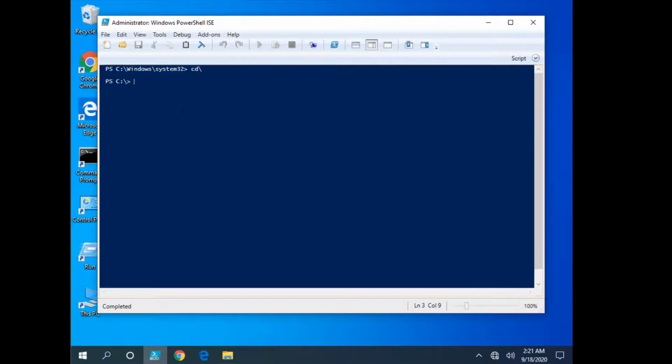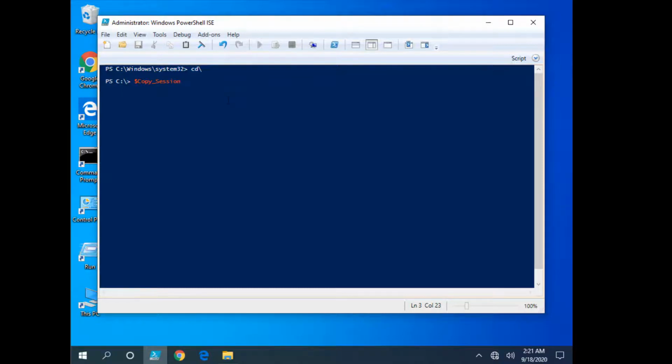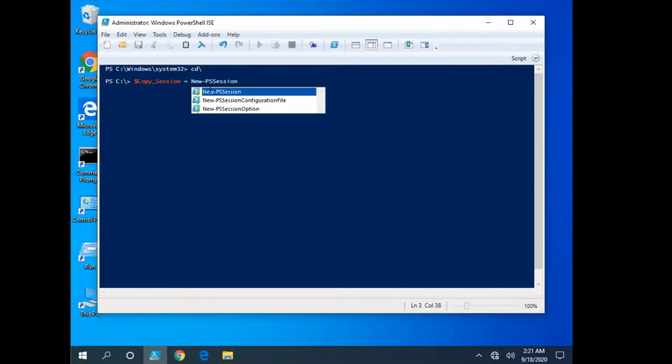First thing I would want to do in PowerShell to copy my files over, I want to create a new session. And so I'm going to do, I'll call it copy session. That's the variable name that I'll use. Let's copy session, new PS session,